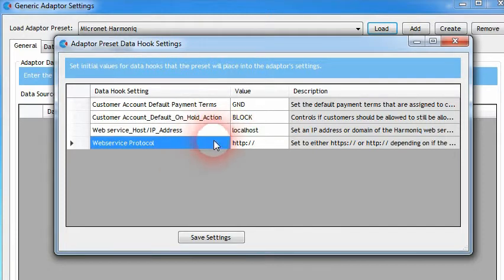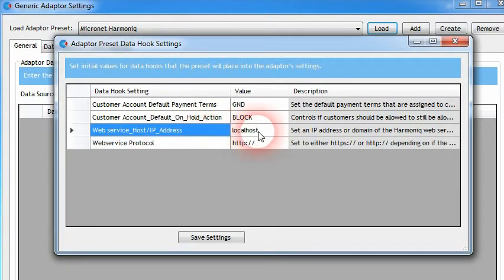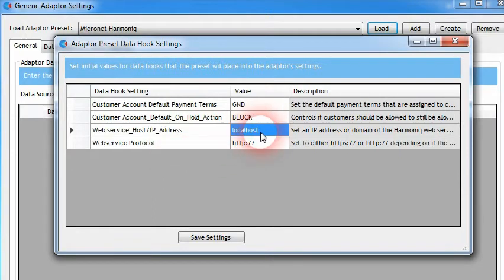The other part that we need to know about is where the domain or IP address of the Harmoniq web service is installed. So this connector will try to talk to Harmoniq's SOAP-based web service, that is what it's called, in order to read and write data from the Harmoniq system. So when Micronet installs the Harmoniq software, they need to set up a web service that this connector can then talk to. So where you install the connector software depends on what this